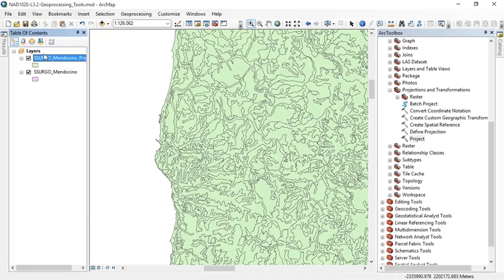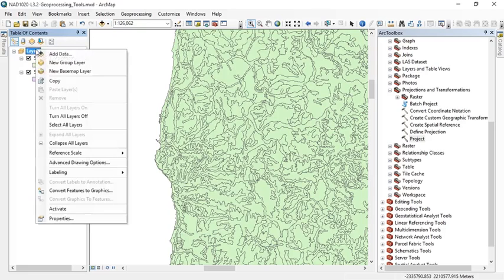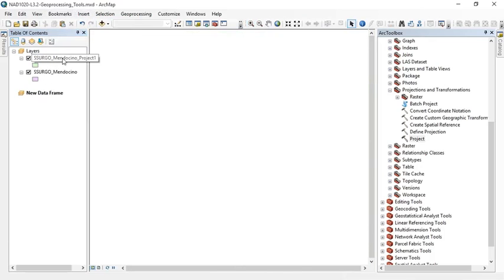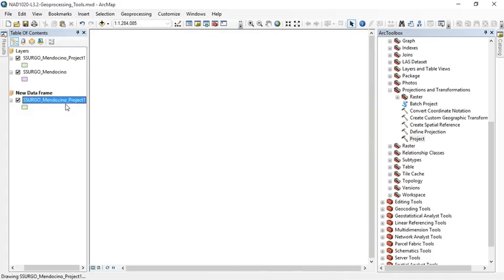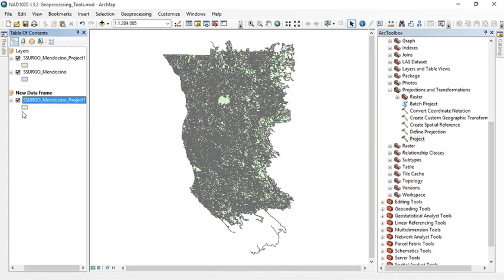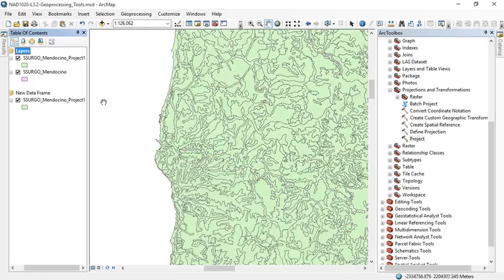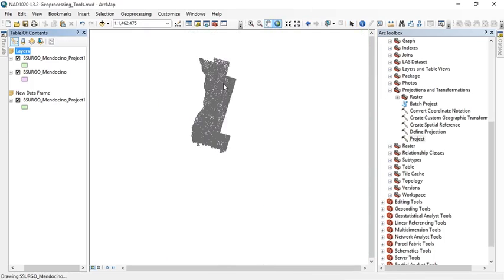Now, there is a way that we can also see what we just did. And to do that, I'm going to add a new data frame. Go to Insert, Data Frame, and it's an empty data frame, but I'm going to copy the new layer over there. And now it has its own default projection, which is this layer's default projection. And I can see that it's kind of aligned vertically over here a little more. And if I go to this other data frame, click Activate, and zoom back out to the full extent,